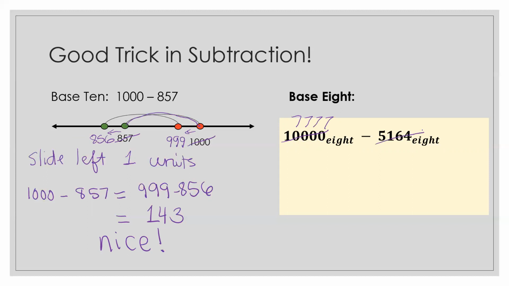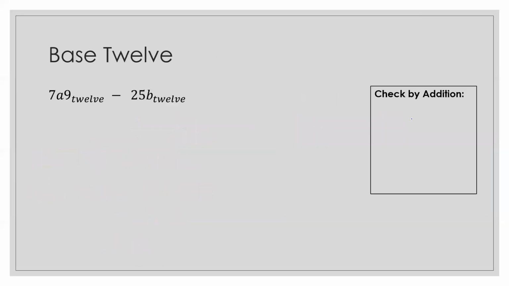The number before 5164 is 5163. Therefore, that problem that I had originally has the same result as this new one that is a little bit simpler. So then I can just go ahead and subtract and no more regrouping. So you should get 2614 in base 8. Nice. Now,